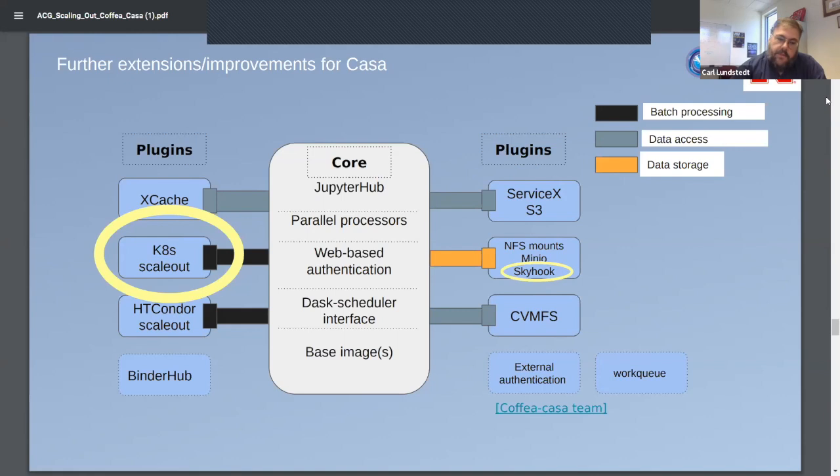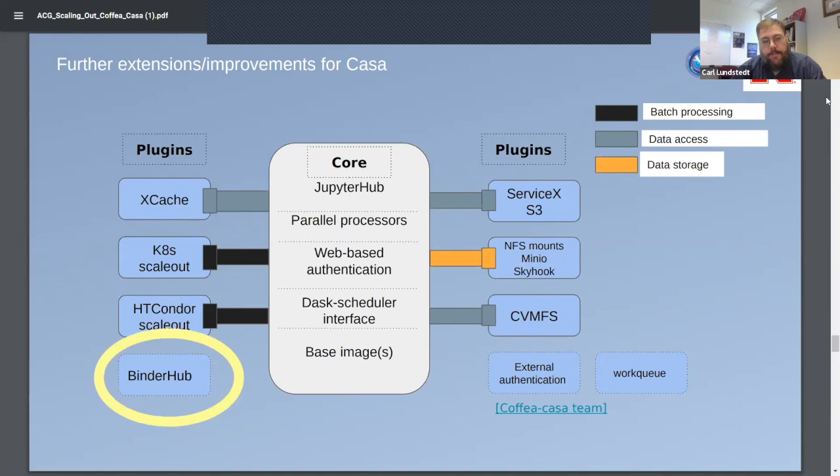Once I have more Kubernetes scale out, that allows for an improvement in Skyhook. It allows Skyhook to be more easily adopted. We'd like to move to Binder Hub. Binder Hub is a way of sharing user environments. Many of you are very familiar with Binder Hub. I'm not so much, but anything we can do to make the user experience more palatable and easier to adopt,